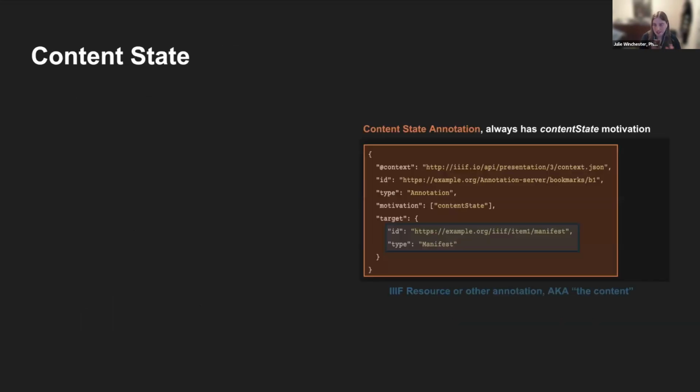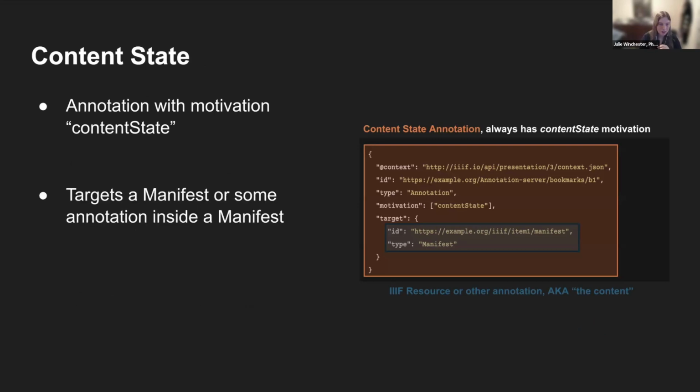Okay, so I said I wouldn't get deep in JSON, but just to show you a little bit of JSON. A content state is itself an annotation with a motivation content state. So that content state annotation is the orange box that you are seeing on the right. The content state targets a manifest or something inside a manifest. So a canvas, a scene, a model, even an image. And that target, which is the blue thing here,